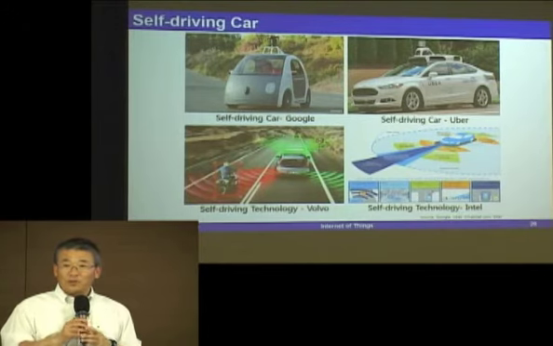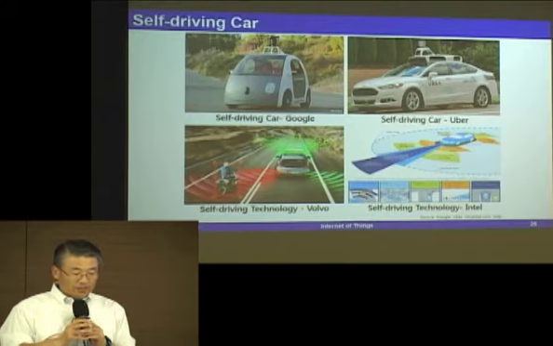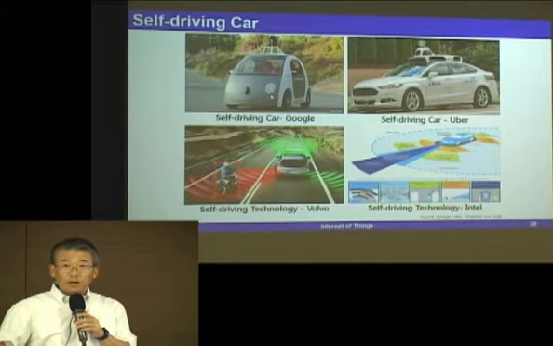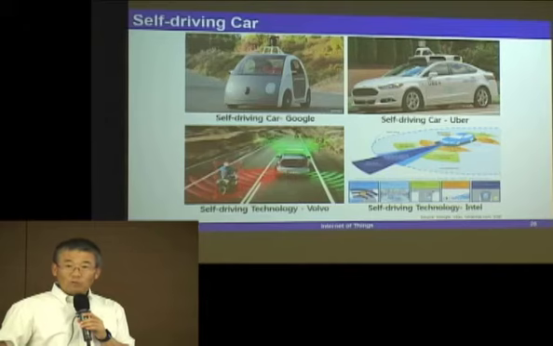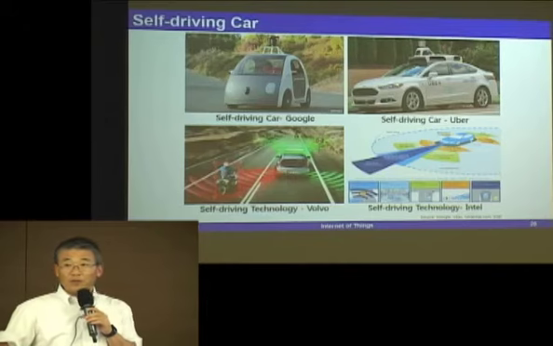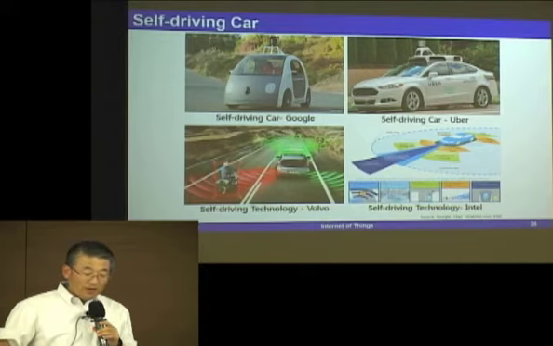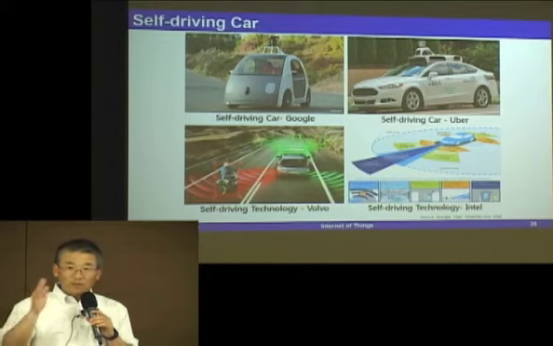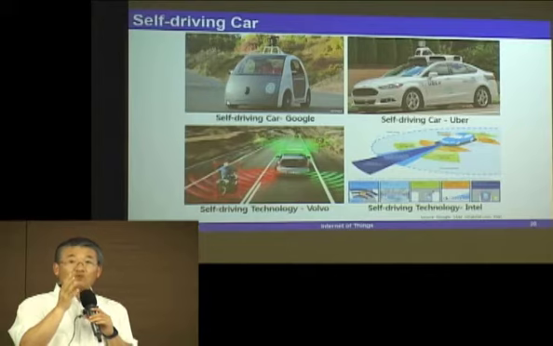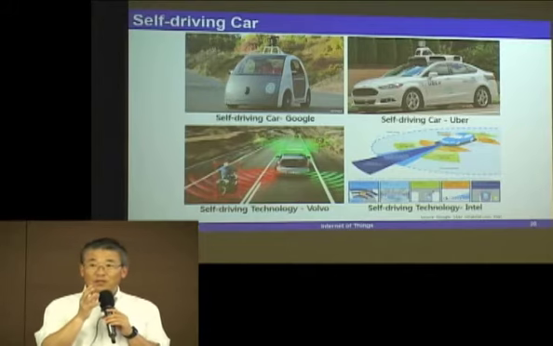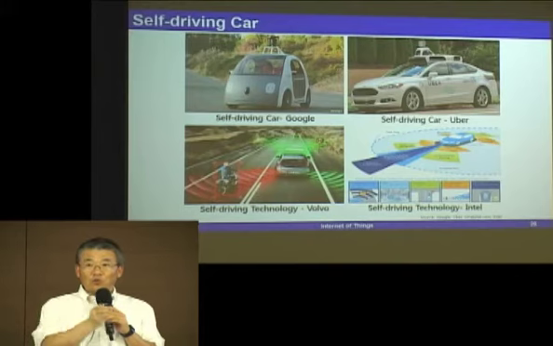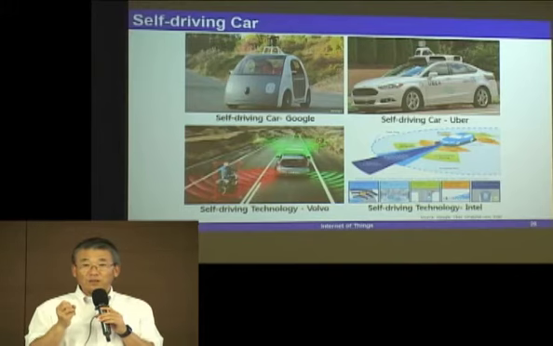Self-driving car is another good example of Internet of Things. Google has been working on developing self-driving car technology. Now, Google is not an automobile manufacturing company like Hyundai, Ford, General Motors, or Toyota, right? But they've been developing self-driving technology so that the automobile manufacturers can buy or use Google technology to build